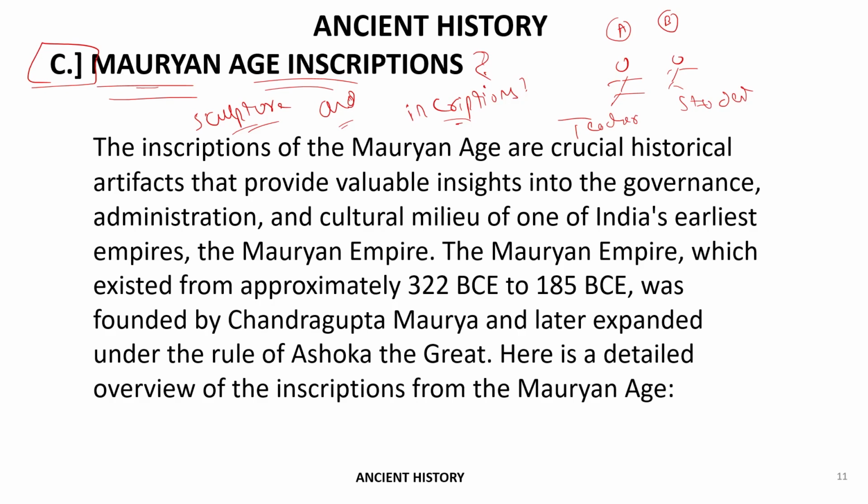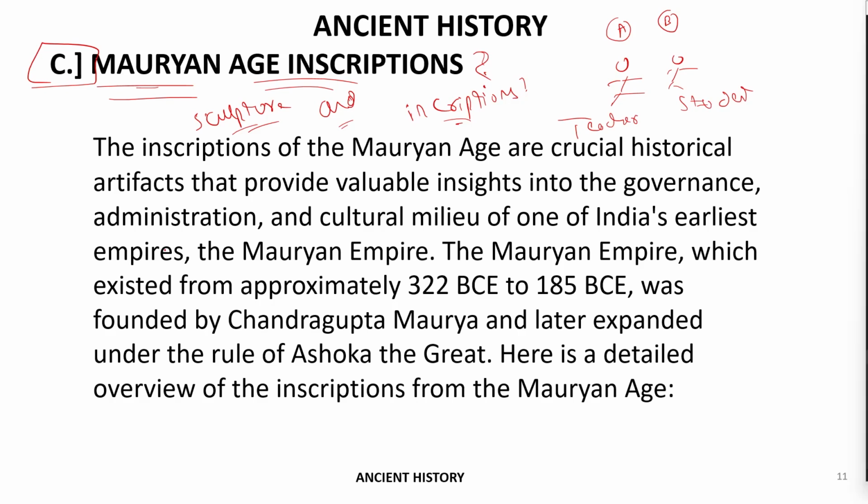Again, I have asked you. Now, how will you be able to tell me the correct answer? Like, this one is the sculpture and this was the inscription. I have given you two things, A and B. Then how will you be able? You will only be able to answer this question if you know what you mean by sculpture and if you know what you mean by inscriptions.